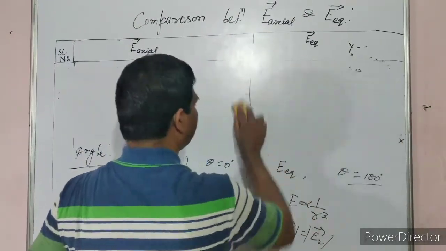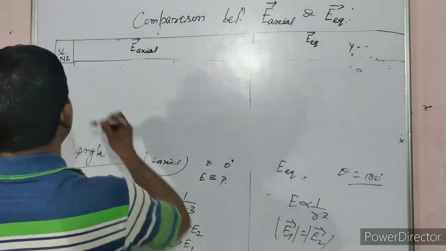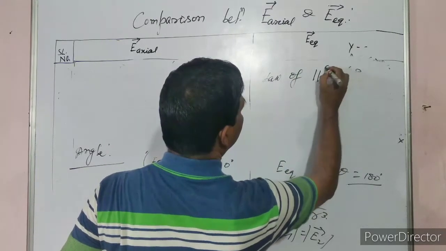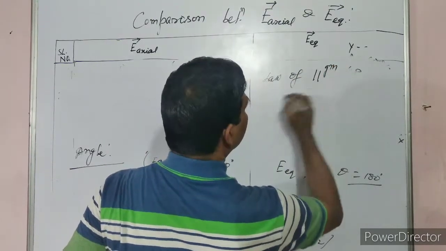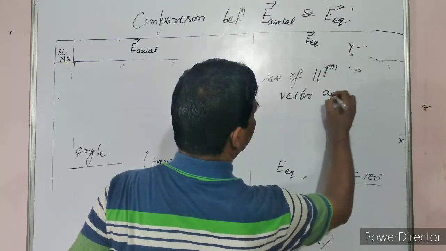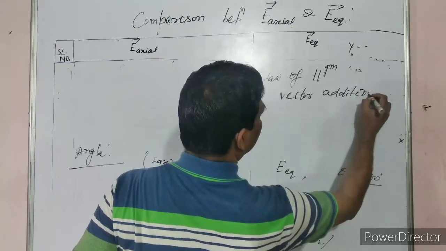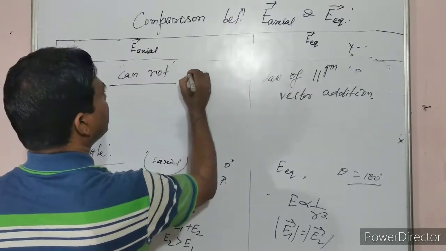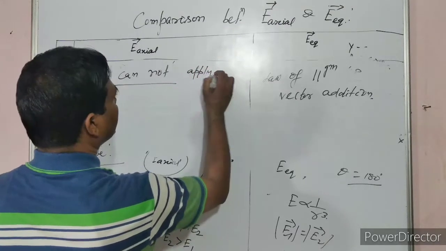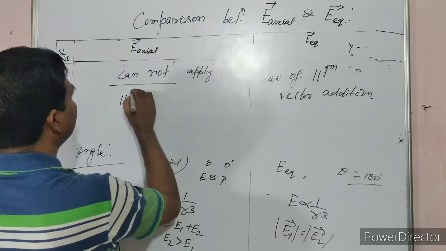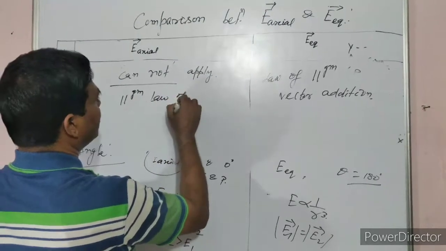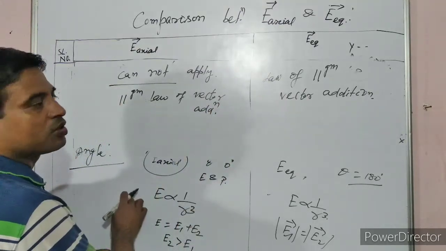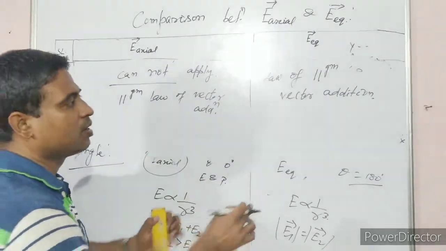In case of the equatorial line, you can apply the parallelogram law of vector addition, but in the axial line you cannot apply the parallelogram law of vector addition. Can you understand why? The question is, there is no resolution of electric field in case of the axial line, but in